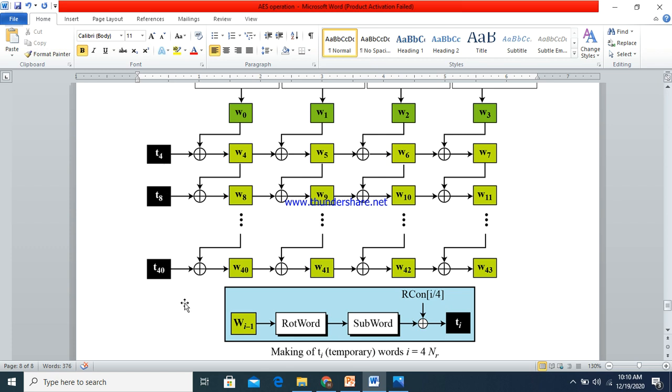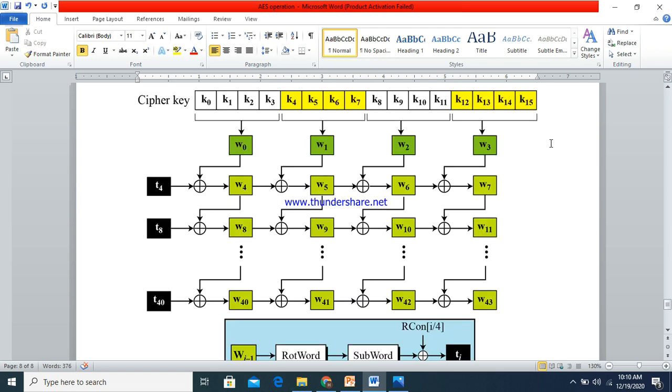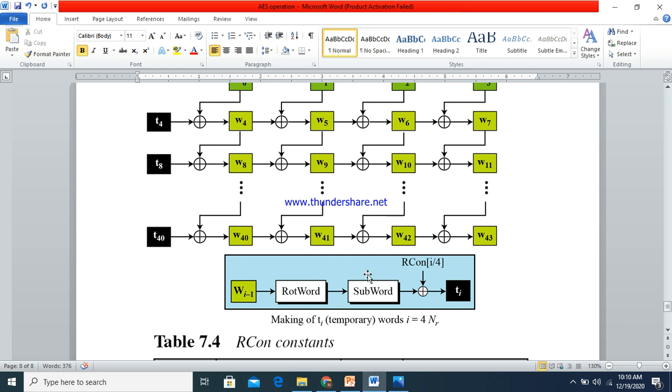Up to 10 rounds you will have 40 words, so we need to generate those. How are we going to generate them? In each round we perform this operation: whatever the previous word Wi minus 1 is, we perform rotation of words, that is nothing but a circular shift. Then we use substitution word, that is substitution bytes, using the same S box, and we take one round constant.